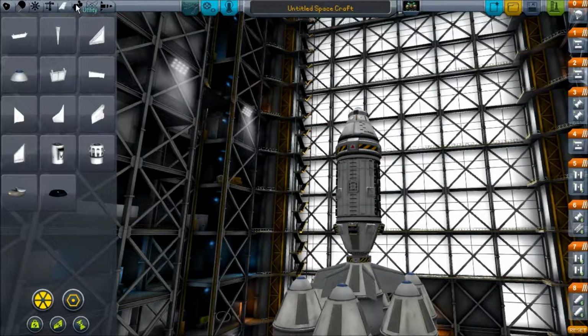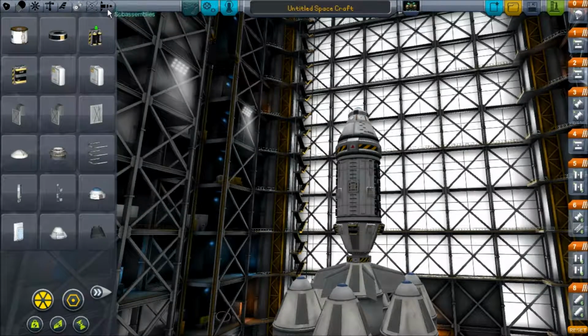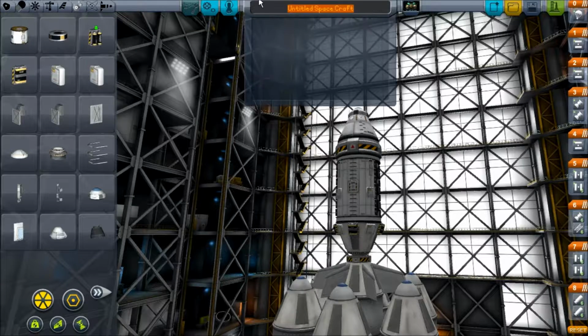I do want to make sure that we get... there's another Kerbonaut that I want to get added in, so why don't we go ahead and save this as our mobile processing lab. Orbiteer 1. That's a long name. MPLO. How about mobile lab... Mobile Orbital Lab something. Mobile Orbital